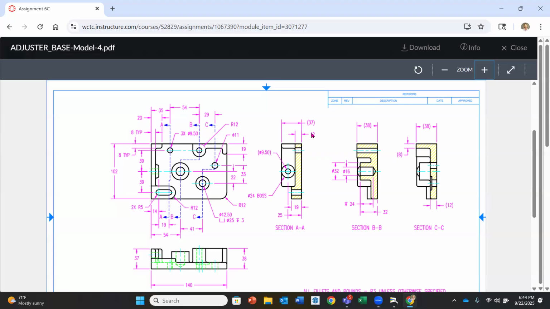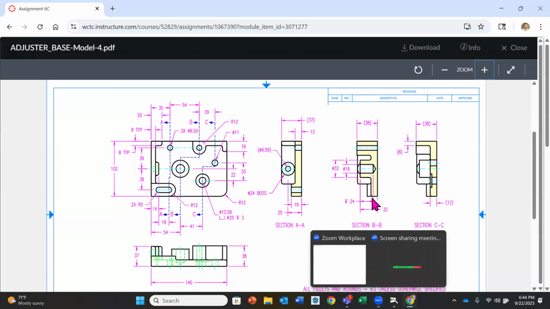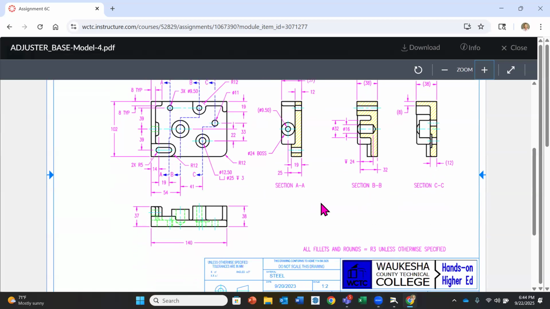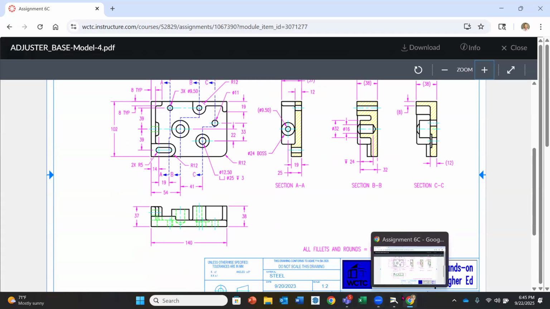Now, two ways you can show a reference dimension. The standard way is putting parentheses around it, or you can put REF in back of it. Okay, that would be reference. That was kind of the old way of doing it. Okay, so make sure you do that. There's also a note on this one for the fillets. And then if I go back,